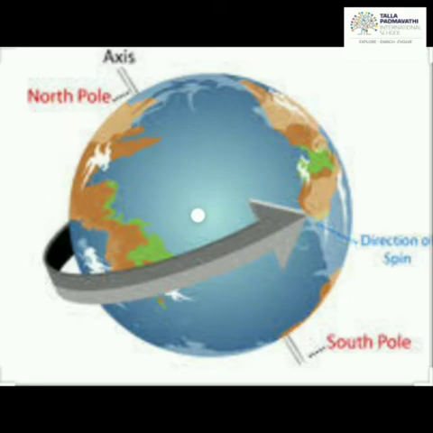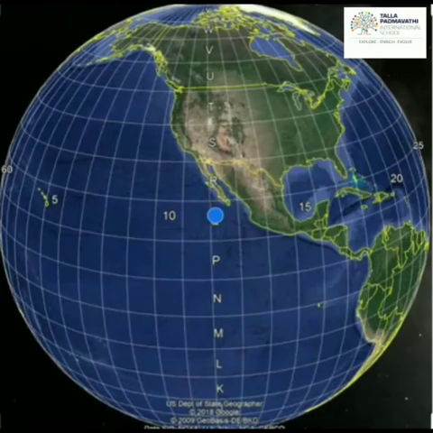Here the axis connects the North Pole and the South Pole, and it is an imaginary line which helps us understand that the earth rotates on its axis. But this is not the only line we have drawn on the globe. There are many such lines on the globe which are created for our convenience, with which we can identify a place.